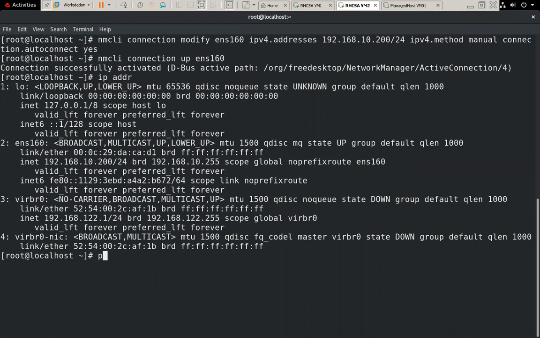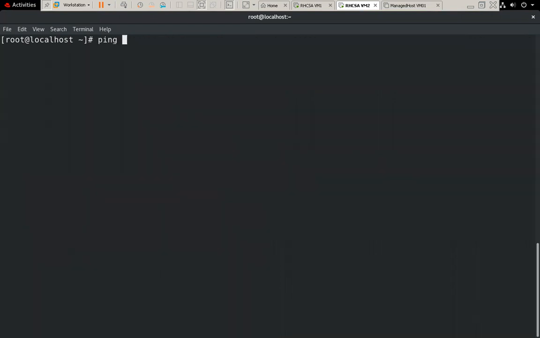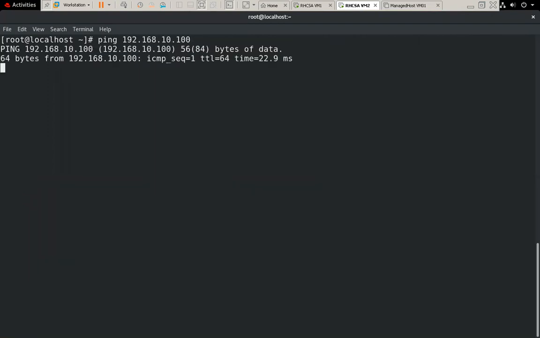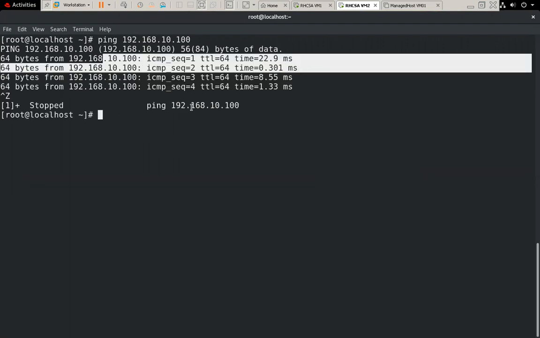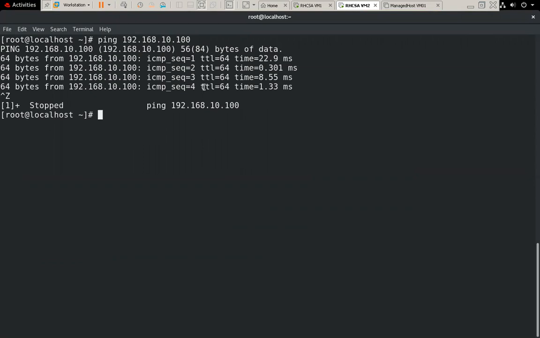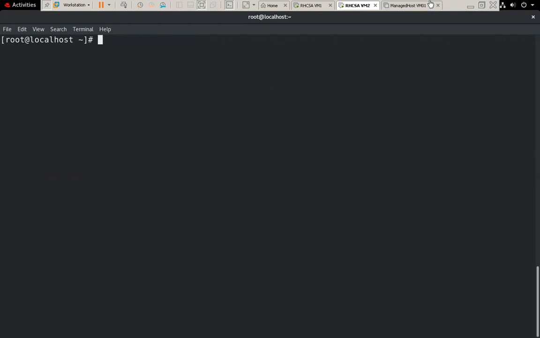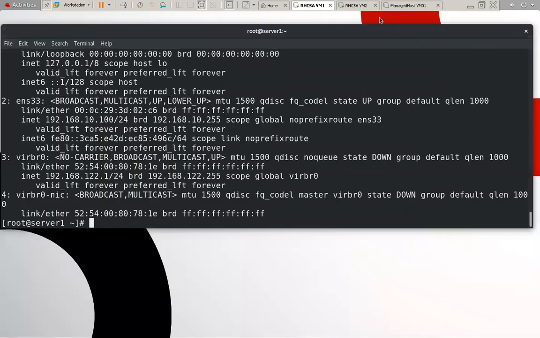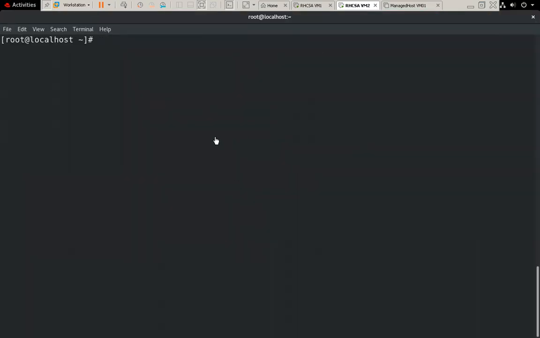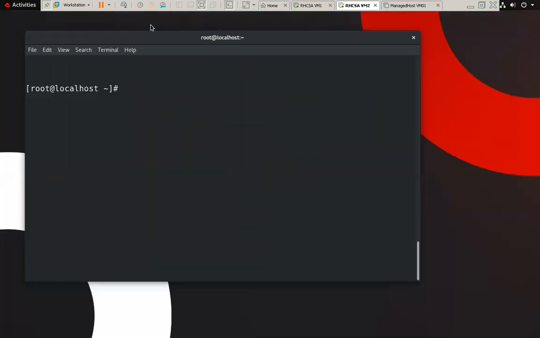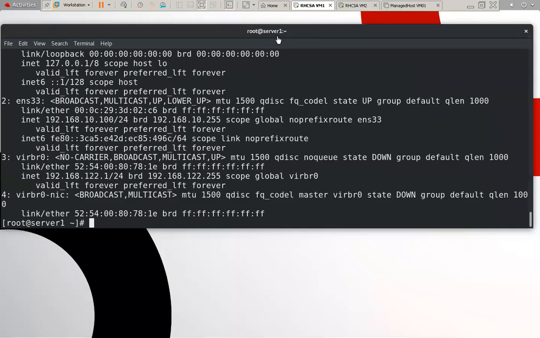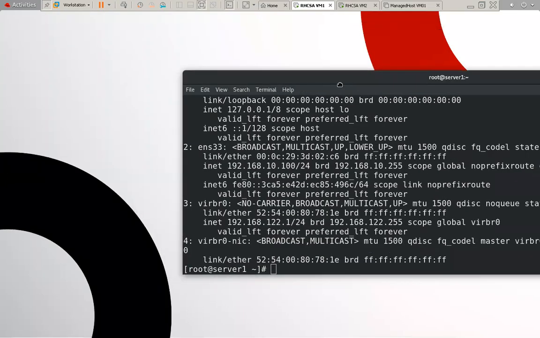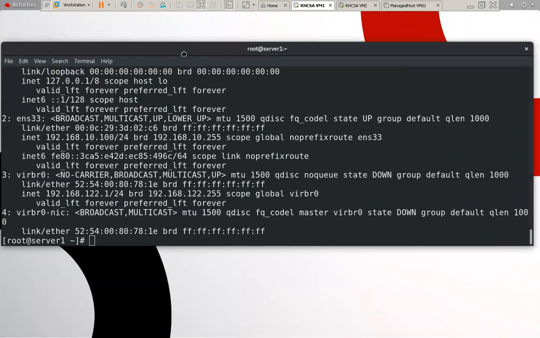And we want to check, so by using this particular command we can check the connectivity to 10.100. So now you can check my both machines are connected, and this is the functionality. Now we want to transfer files from this machine to this machine. This is my first machine, this is my other machine, and here you can check the desktop setting.